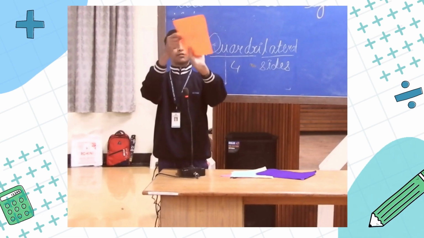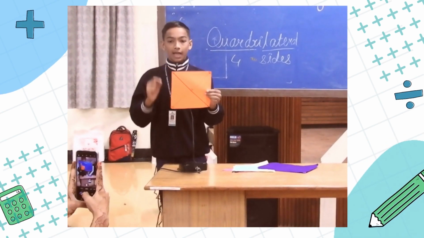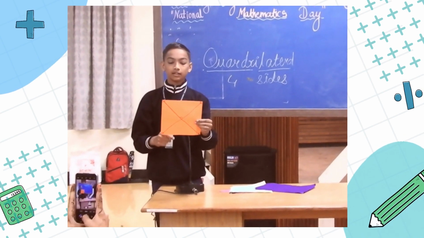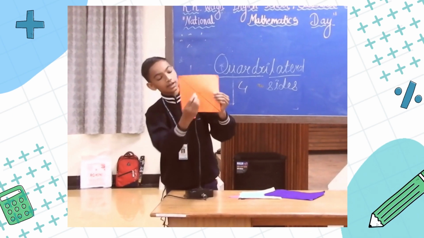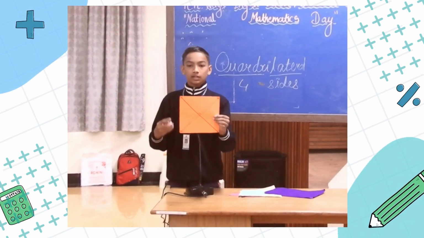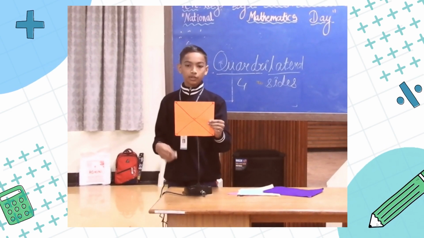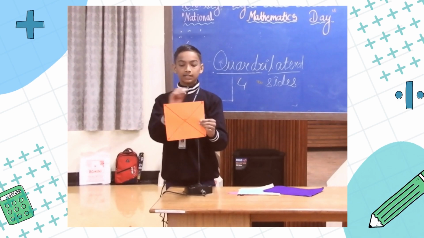square. Everyone knows the square. What is a square? When all the sides are equal, angles are equal to 90 degrees, meaning right angles, and the diagonals are perpendicular bisectors, meaning they form a 90 degree angle here. So it is known as a square. Then what are its properties? The diagonals are perpendicular bisectors of each other. Diagonals are congruent. Then the sides are congruent.